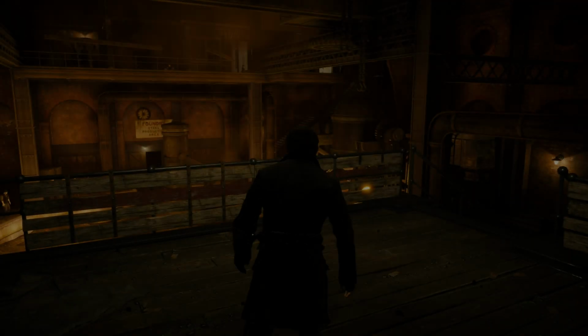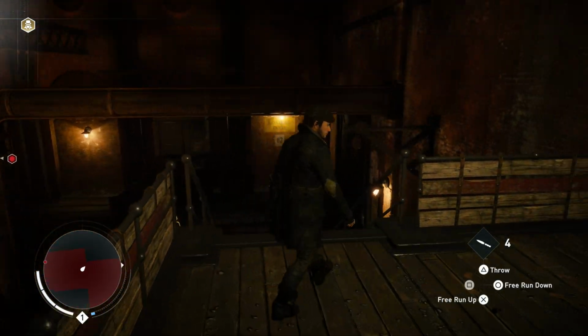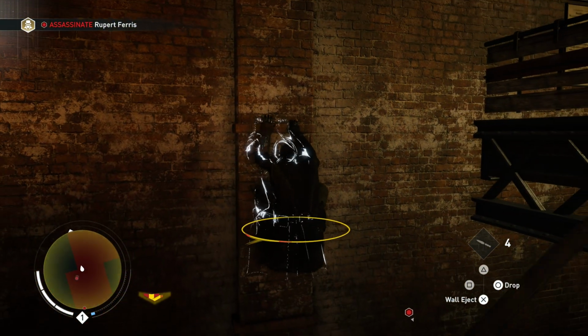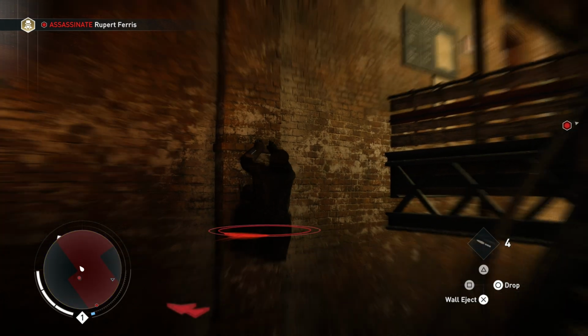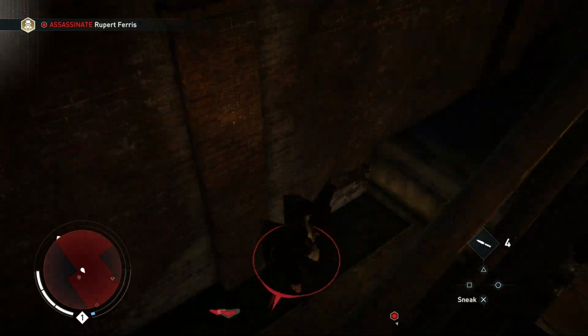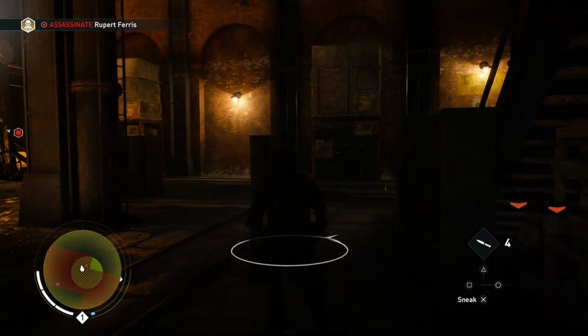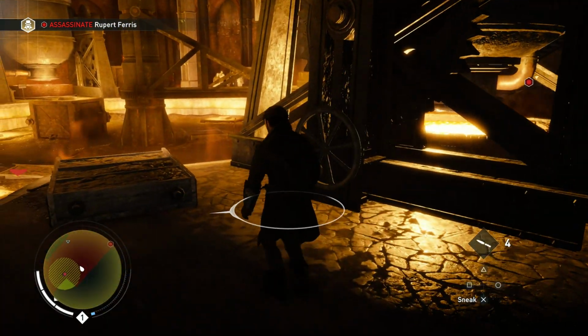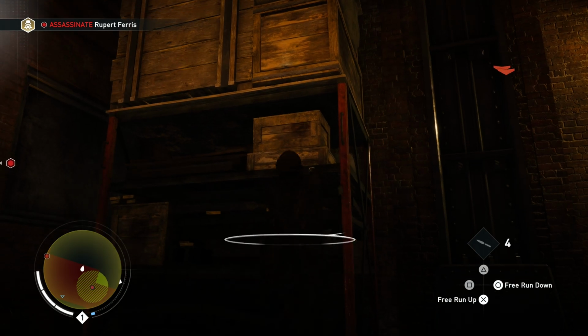Anyways, let's go and kill this guy and stuff. He's a menace to society and blah blah blah. And yeah, the idea here is you're supposed to... Could you please? What are you doing? As you could tell, this game still used the old school parkour system for Assassin's Creed, which